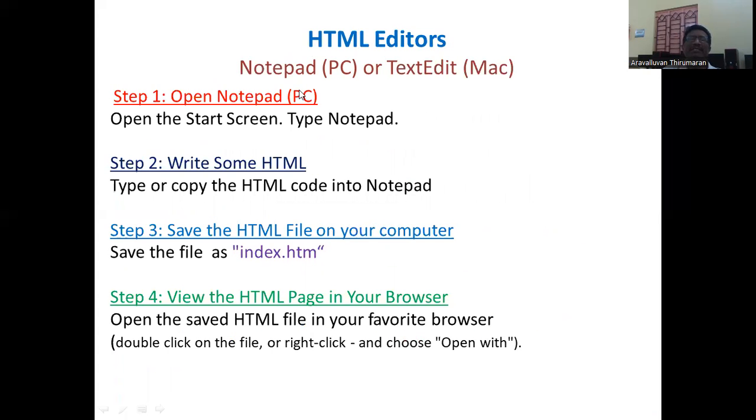HTML editors. To enter the HTML documents, we need an editor. In the personal computer, you can use Notepad software. In the Macintosh operating system, you can use the TextEdit software. In the personal computer, you have to open Notepad first and then write the HTML code, or you can copy the HTML code from somewhere and place it